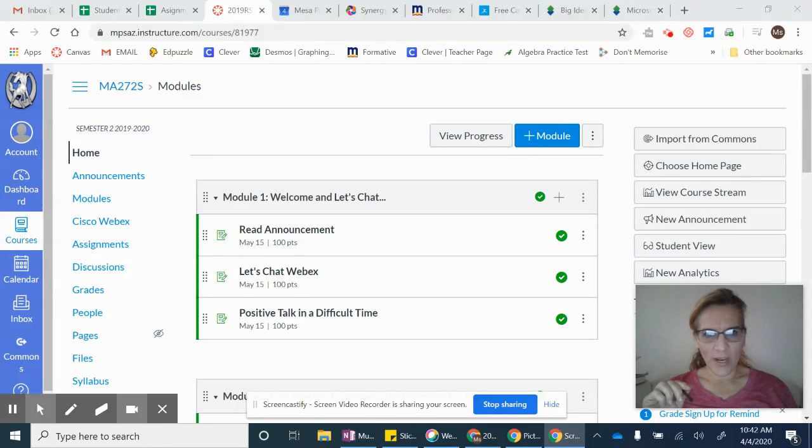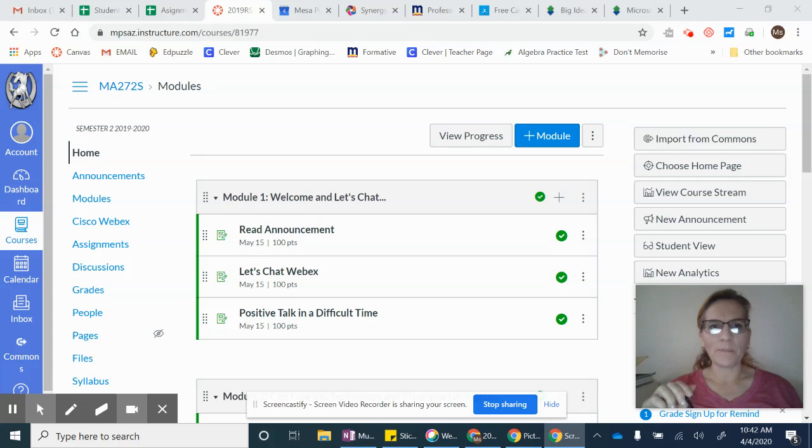Hey, you guys, I've been trying to work on the camera so you can see me a little better without this glare in my glasses, but it's the computer screen, so it glares on that white. But I just wanted to say hi again real quick,